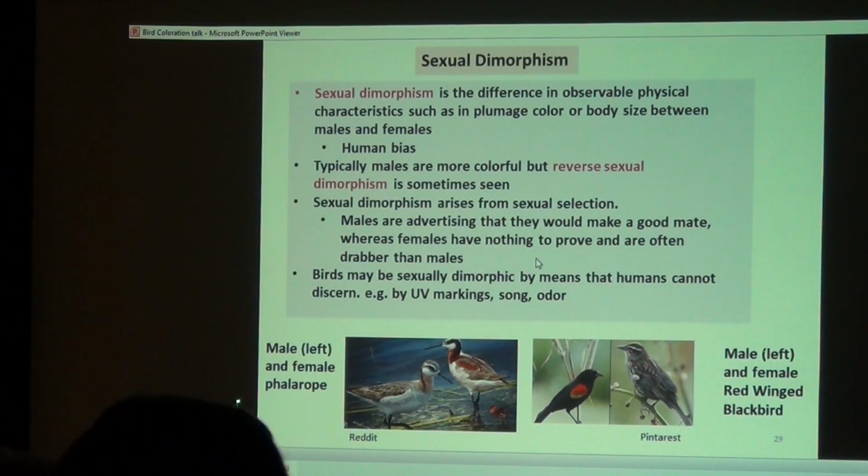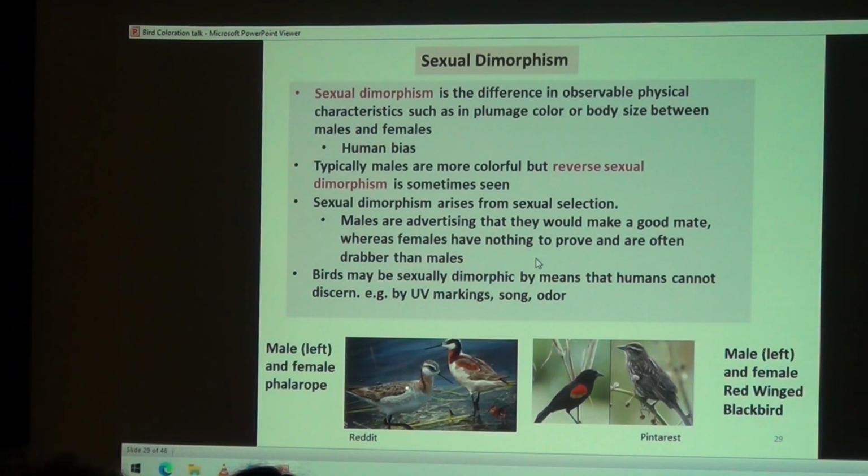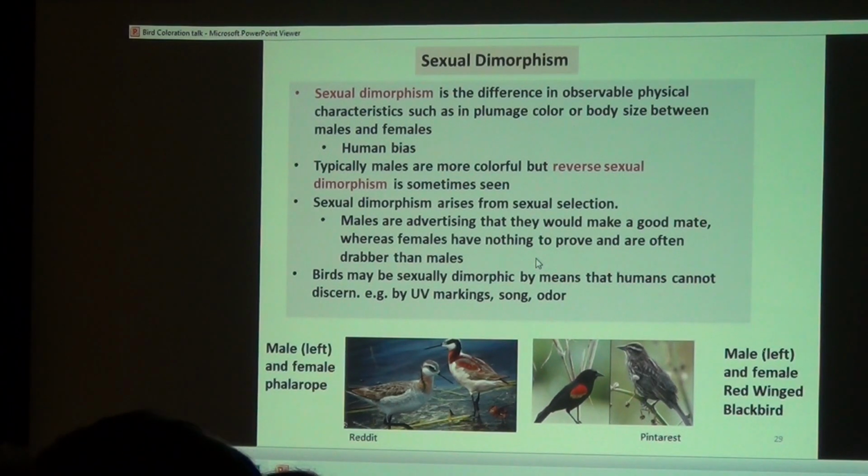Here is an example of reverse sexual dimorphism. This is the male and this is the female. So there are 3 or 4 things that go together. The female is more colored. She has more testosterone. And the other thing is the parenting role: this male does a lot of the parenting duties, including sitting on the nest. This is an example, as you've all seen, I'm sure, of sexual dimorphism in a red-winged blackbird.